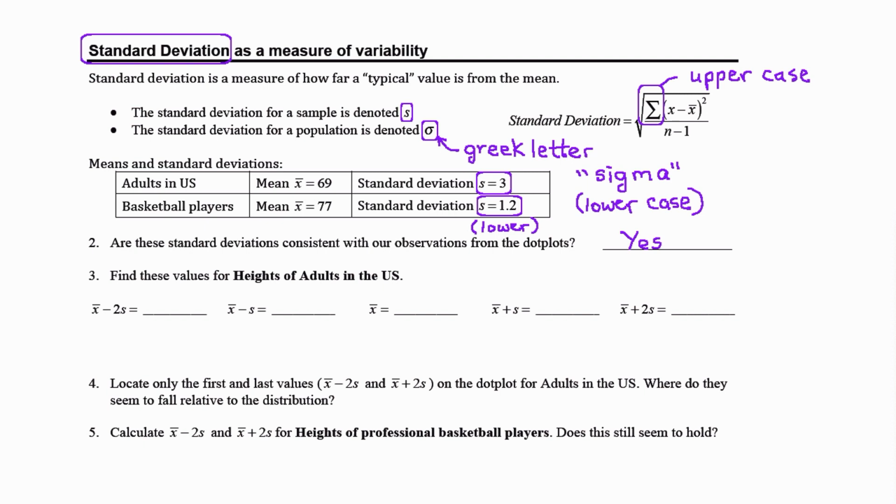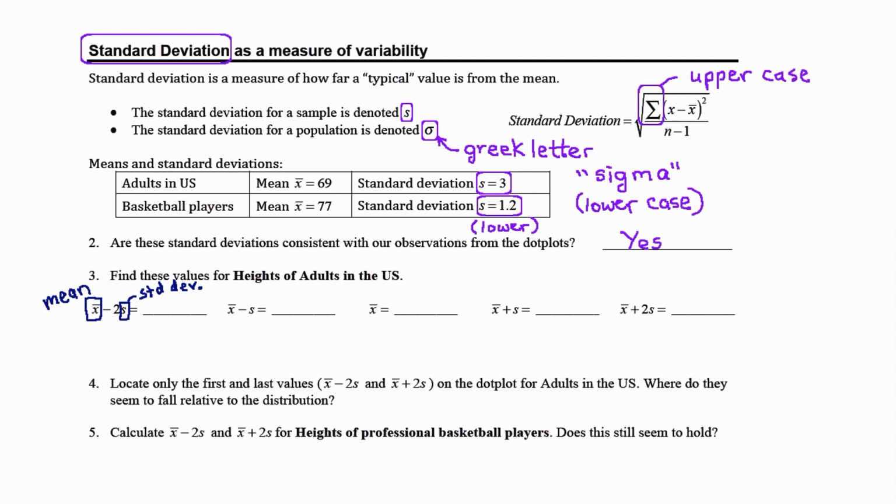Let's calculate a few values and mark them on a graph so that we can understand the distribution a little bit better. Remember that x bar is the notation we use for the mean, and this S here is for the standard deviation. Both of these sets that we were looking at were samples, not populations. We did not have all adults in the US in our data set, and that's why we would use x bar and S instead of mu and sigma.